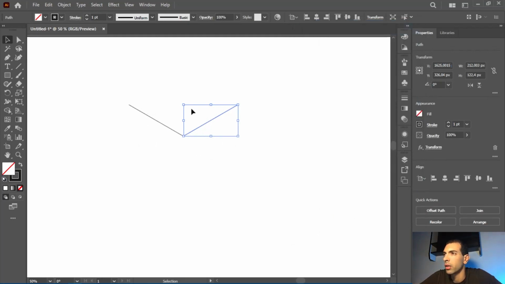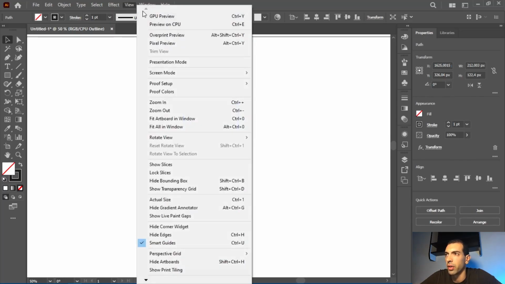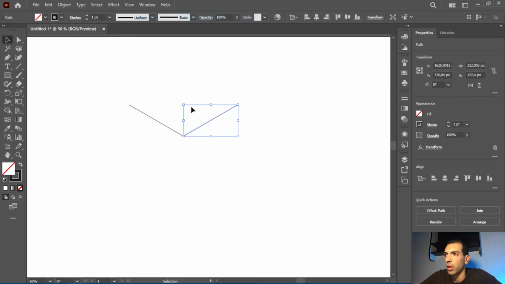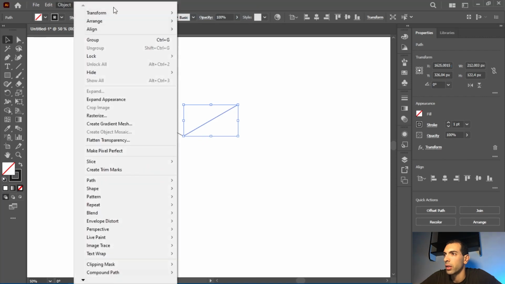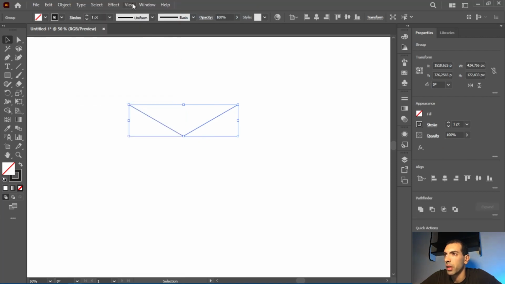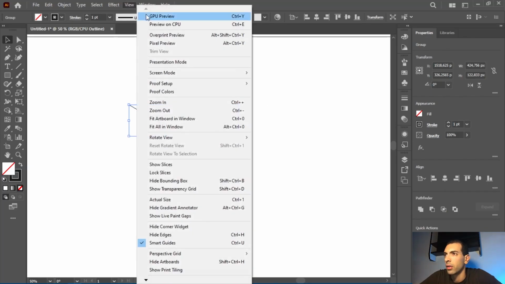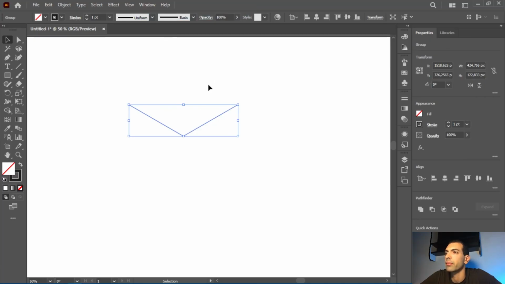Same thing, I need to expand appearance because right now, View, Outline, this is the only real line and the other just an effect. I go back, selected, I go to Object, Expand Appearance, and now View, Outline. You see now we have 2 real lines. I go back, the 2 lines are selected,